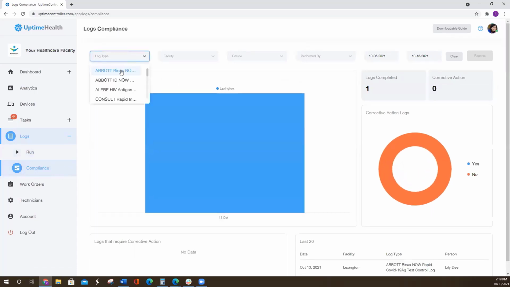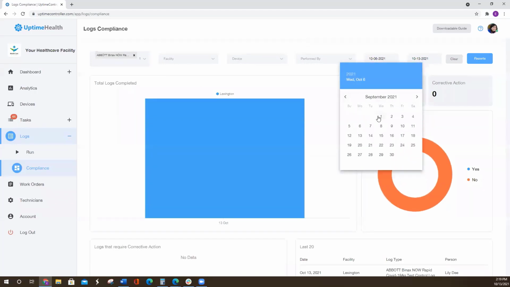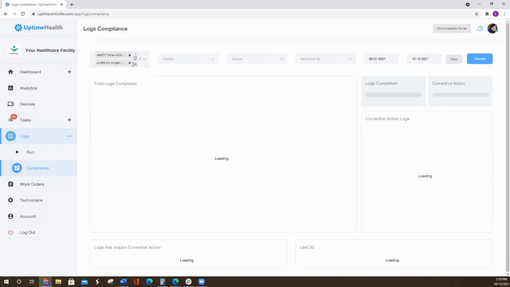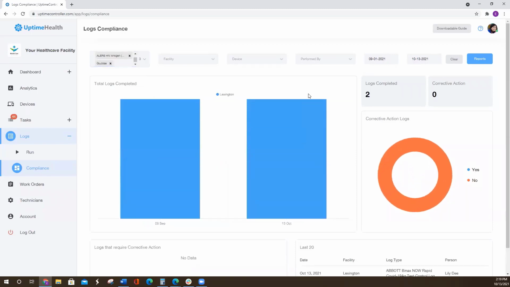So here we can select a log type. We can select a date range. Maybe we want to look at all of September until today's date. We can select a specific facility, device, or who it was performed by. You can add additional logs here. So if you're wanting to look at multiple logs that have been completed, you can select all of those here,